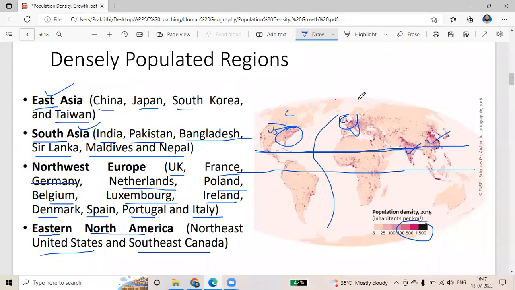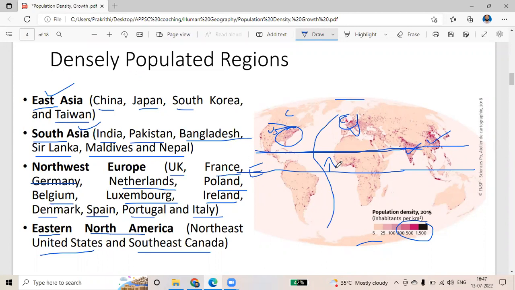And this is the polar region, North Pole, and this is the South Pole. So if you look at this area, so this is equator, we can understand that northern hemisphere has maximum population density regions. Why? 90% of the population is in northern hemisphere. When we studied about the distribution of population yesterday, we said that 90% of the population is in northern hemisphere and only remaining 10% lies in the southern hemisphere. So that is one of the distributions.